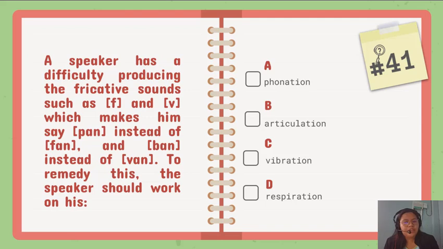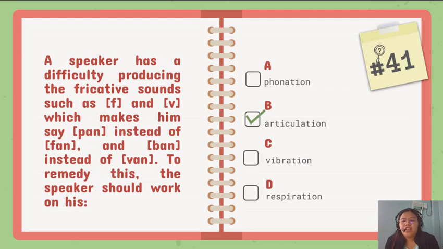Okay, so we're on to the last 10 items. Number 41. A speaker has a difficulty producing the fricative sounds such as f and v, which makes him say pan instead of fan and ban instead of van. To remedy this, the speaker should work on his A. Phonation, B. Articulation, C. Vibration, or D. Respiration. The correct answer is